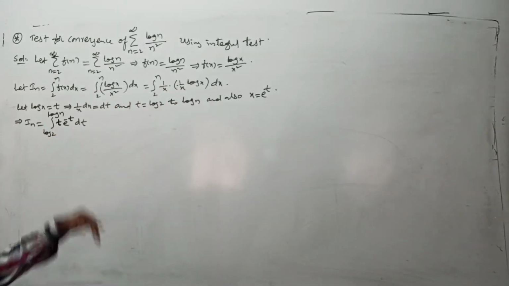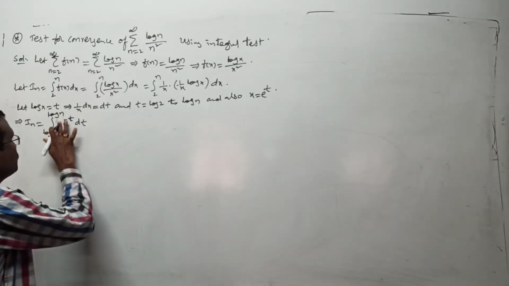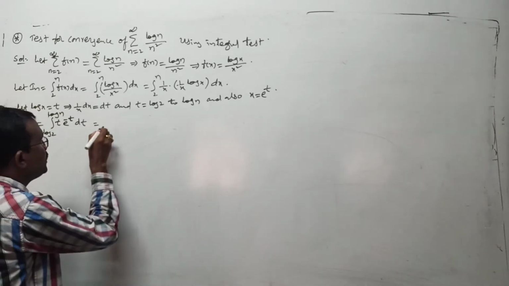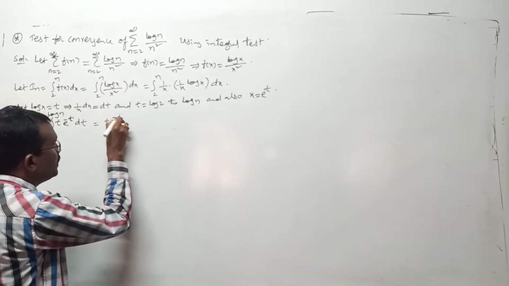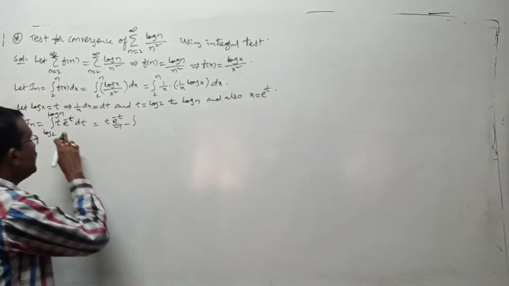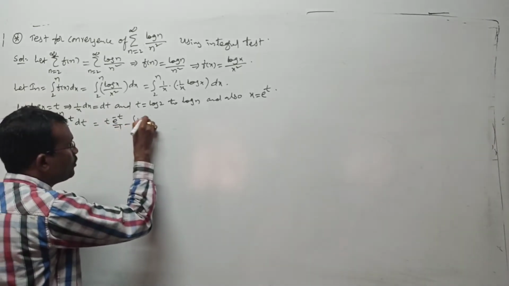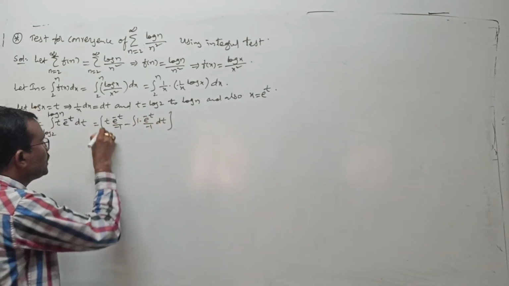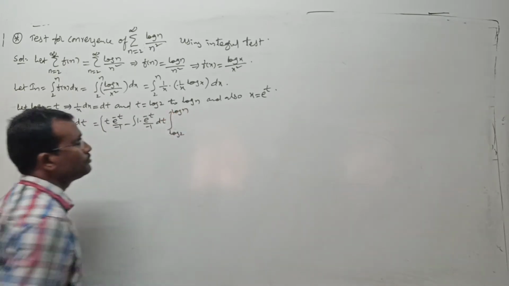Now use integration by parts here. Integral uv: t is u and e power minus t is v, right? Then what is integral uv? u integral v. It is t into e power minus t, integration is what? e power minus t by minus 1, minus integral of derivative of t, which is 1, into integral of e power minus t, which is e power minus t by minus 1, dt within the limits. Directly I am taking limits log 2 to log n, right?